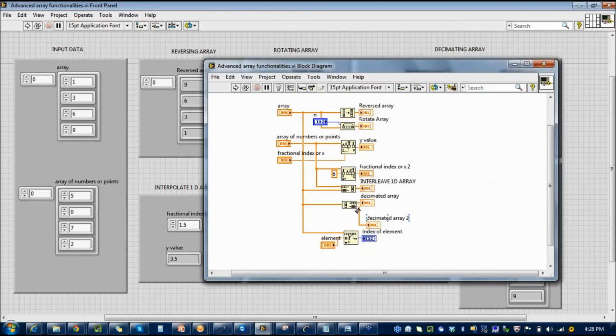Now, if I go on to create 3 inputs by dragging this down, the same thing will be repeated for 3 arrays. That is, the first element will go to the first array, the second element will go to the second array, and the third element will go to the third array. Similar thing will repeat here on.